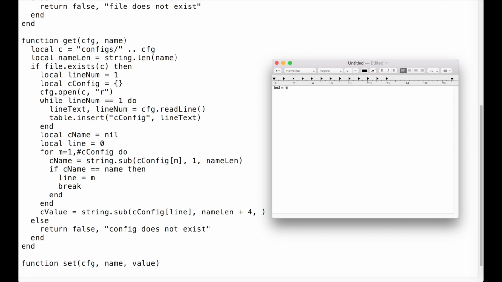Actually, it wouldn't be that. It'd be test equals hi. Right. Yeah, let's say the config only works for strings. We could have like a %5 or whatever in front